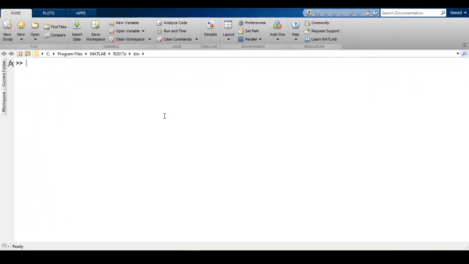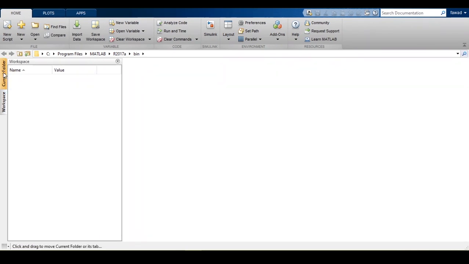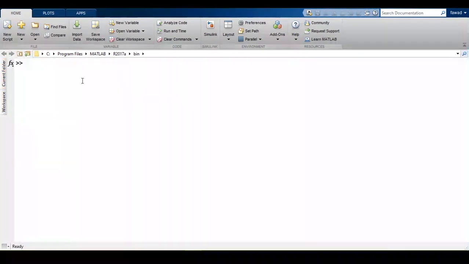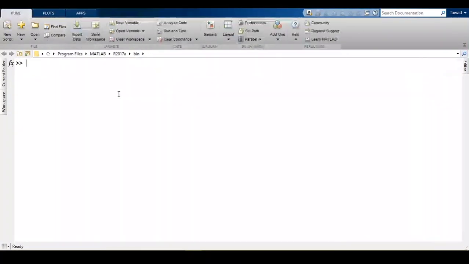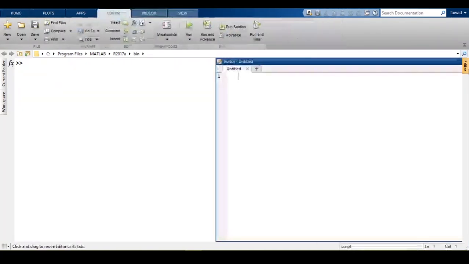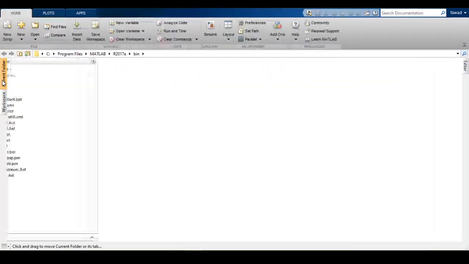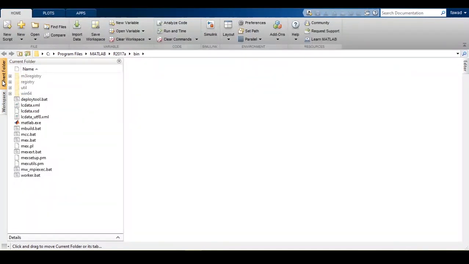So let's start without wasting any time. This is the layout of Matlab. When you first install Matlab, this is what you're going to face. You can see this is a command window. If you click here, another window opens. That is the editor window. This is the command window. This is the editor window, and this is the current folder where exactly your current program is executing, and this